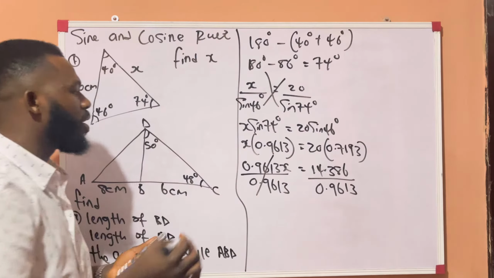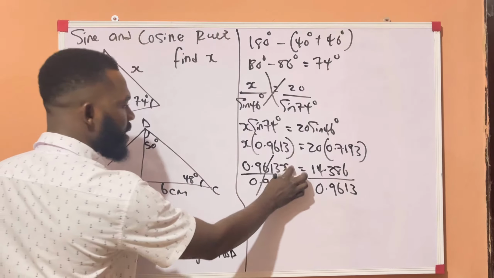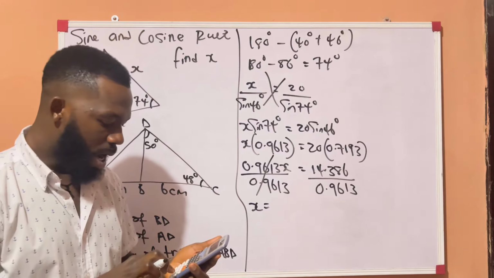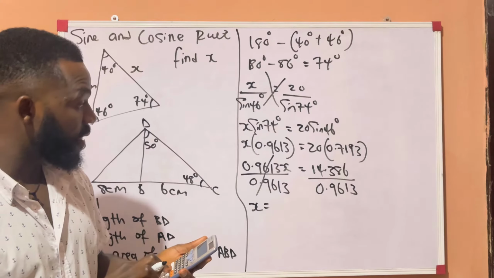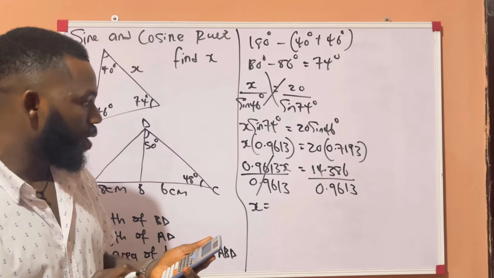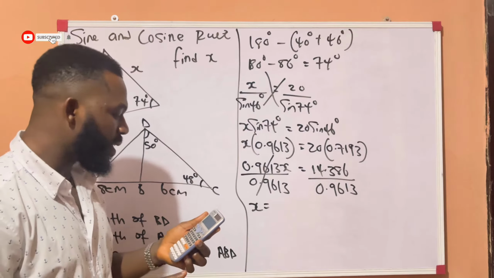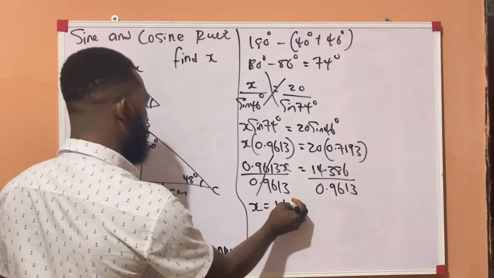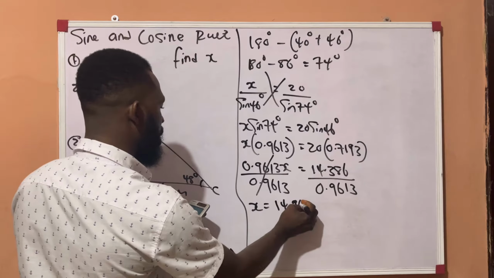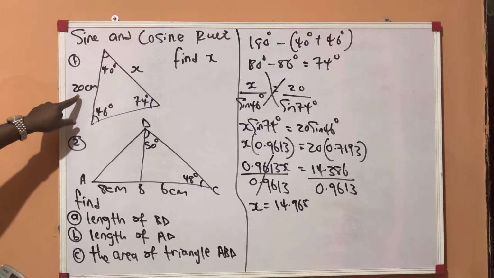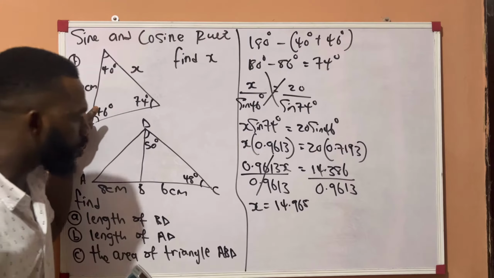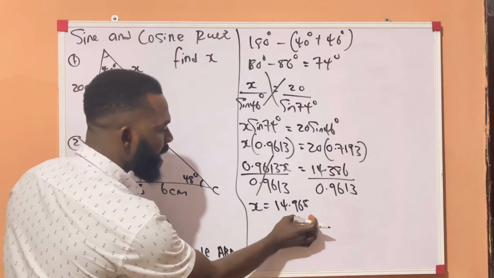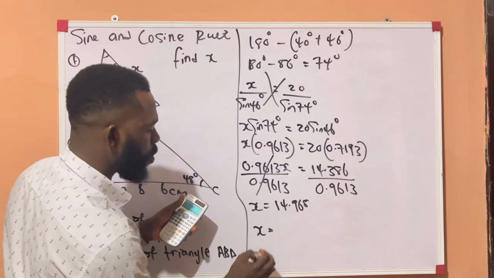If 0.9613 cancels out 0.9613, we are going to get x is equal to 14.386 divided by 0.9613, and that gives us 14.96515. Now, if you take a look at the questions here, the side is in whole number. So what we're going to do now is approximate 14.965 to a whole number. And if we do that, x is equal to